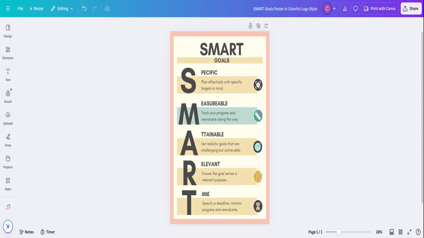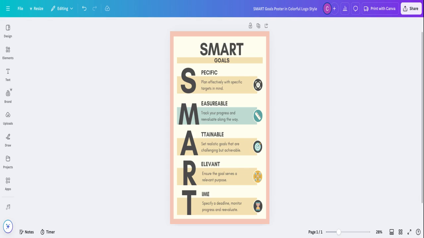What is a SMART goal? A SMART goal is defined as specific, measurable, attainable, relevant, and time-bound, right? So what are your specific targets? Not everybody else's. What does it look like for you to be successful, right? That's your specific goal. Measurable: how do you track your progress? I'm going to show you a couple ways you can do that going forward. I'm going to show you inside of TikTok and inside of Metricool, which I use because those are the most comfortable platforms for me, right?